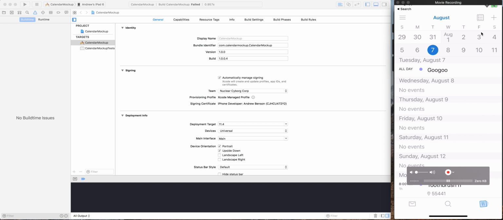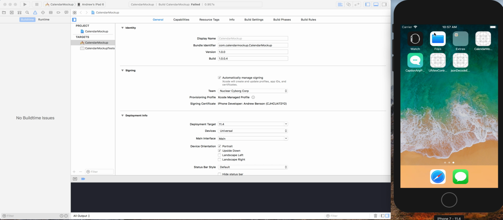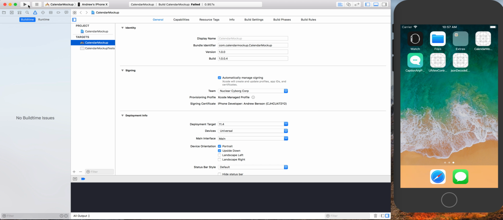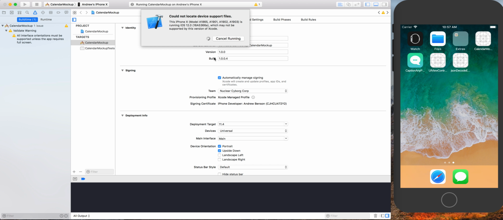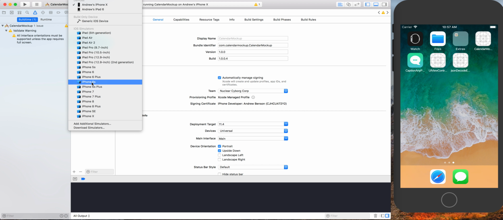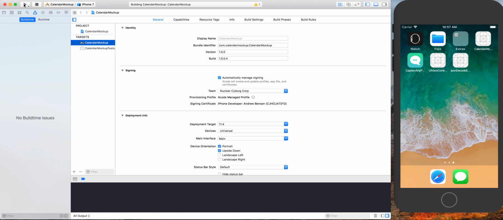So let's close out of that one and go to my simulator here. And hopefully this builds. I've been going back and forth between Xcode 9.4.1 and Xcode 10 beta, and there's some changes there, so I hope I got it right. This project was meant to be, oh, I've got to run it on the actual phone, sorry. I forgot to run it on the simulator. This was meant to be an example of programmatic UI, so there are no storyboards or nibs or XIBs being used on this,